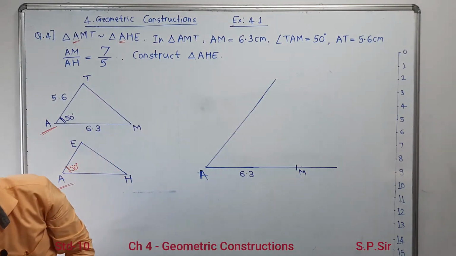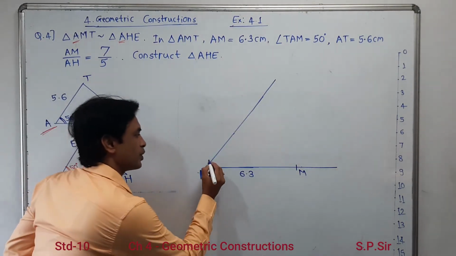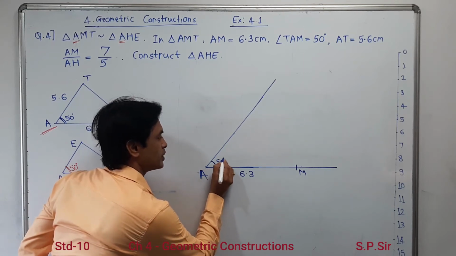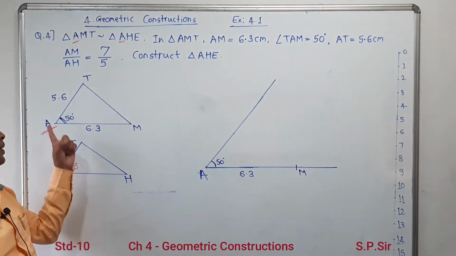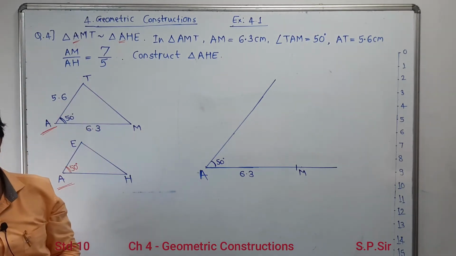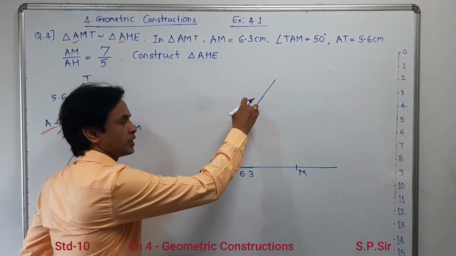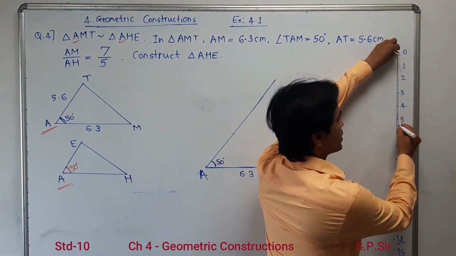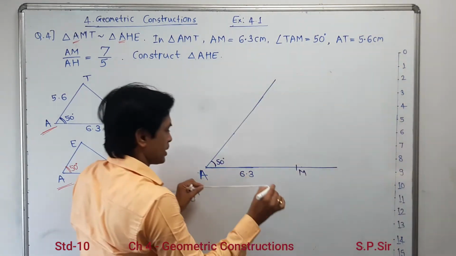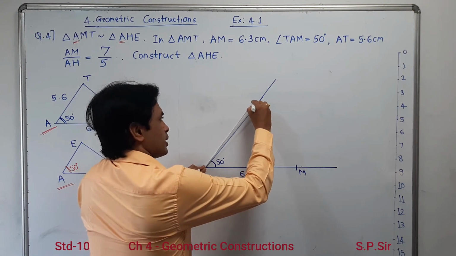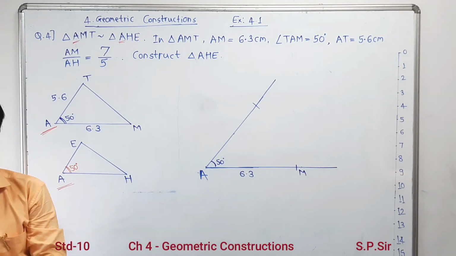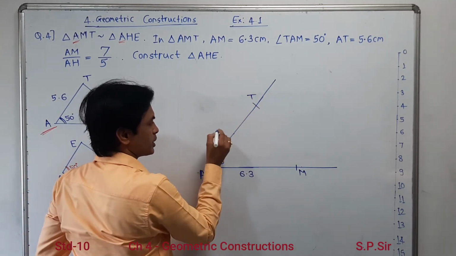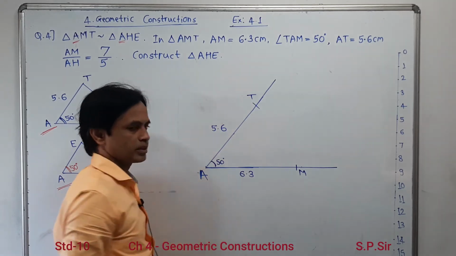Now, what exactly is the part available with us? Now we have drawn this angle A, and it is exactly equal to 50 degrees. So your second part is completed. Now A to T is 5.6. So you have to take point A to T as 5.6, where we don't know the exact position. So again, taking a distance in a rounder, that is 5.6, from A to that point over here, with the normal curve you can get the position of T. So here T is over here, and from A to T this distance is 5.6 centimeter.